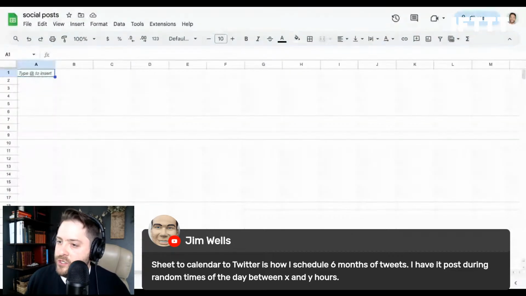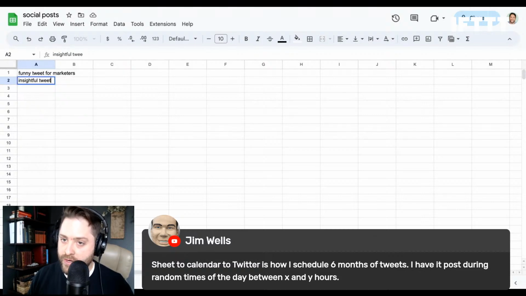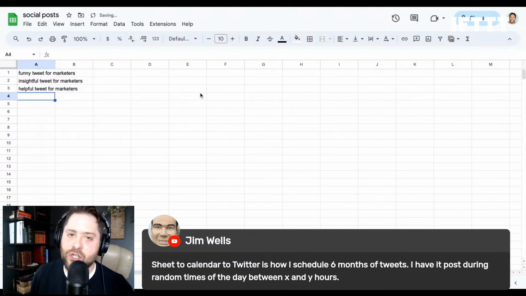So real quick, let's just play around with it. Let's just say funny tweet for marketers. Insightful tweet for marketers. Helpful tweet for marketers. And let's see if this works. I know this turned from a ChatGPT sandbox to just an IFTTT sandbox, but I think this is fun, guys.